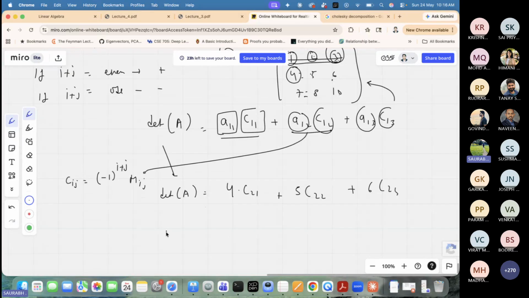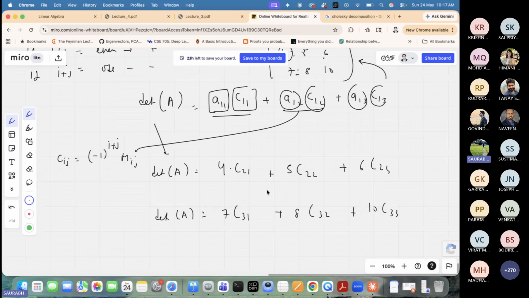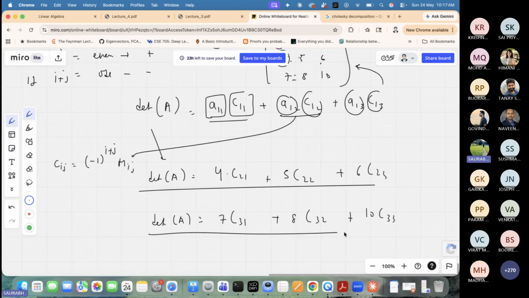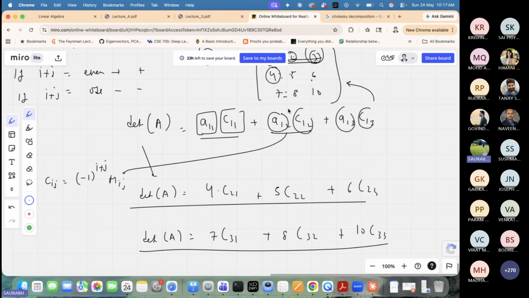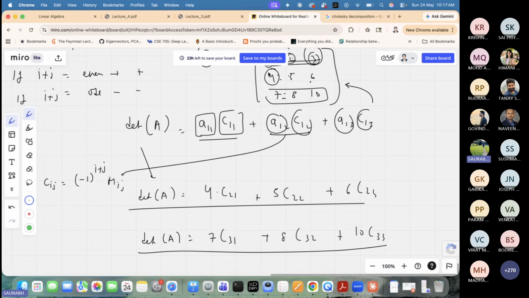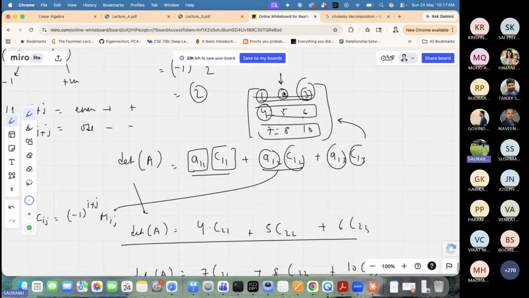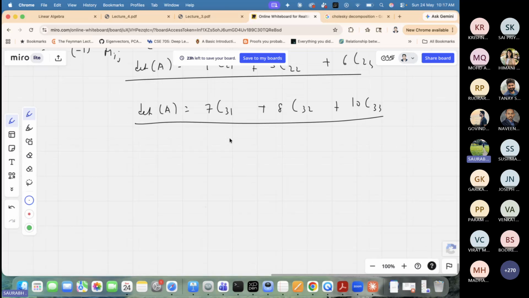Or the determinant of A can also be computed by expanding via the third row: 7 times C31 plus 8 times C32 plus 10 times C33. You can use any one of these formulas to compute the determinant, either the third row, the second row, or the first row. But think of it, if you are given a problem like this,